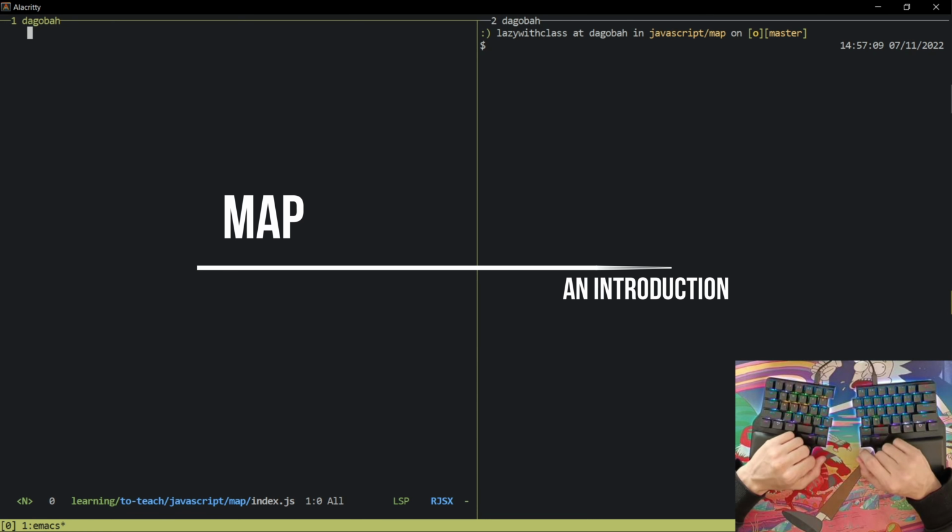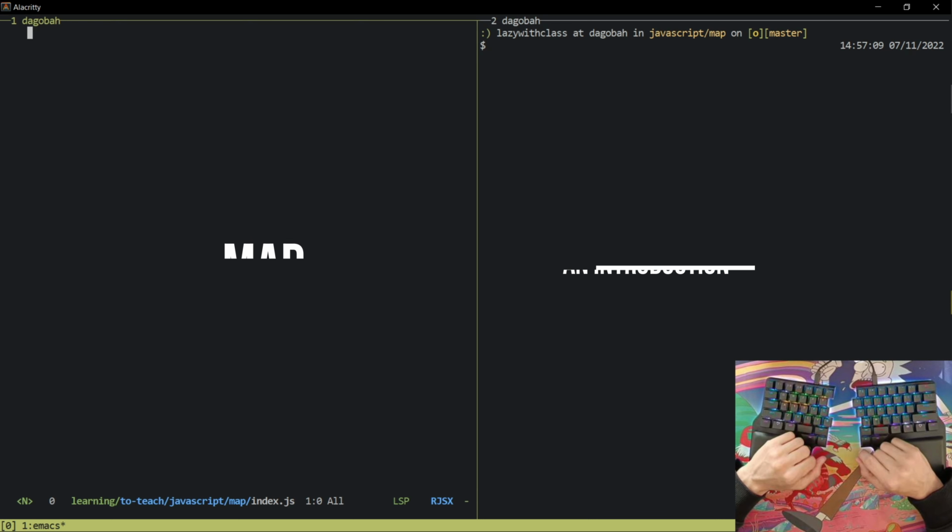So today I'm going to talk about the map function that you have attached to the array object in JavaScript. And I'll also be talking about a utility that you have in Linux that allows you to have a faster development loop. So let's first talk about the map function. It's a higher order function, meaning that it's a function that accepts another function as argument and it transforms your